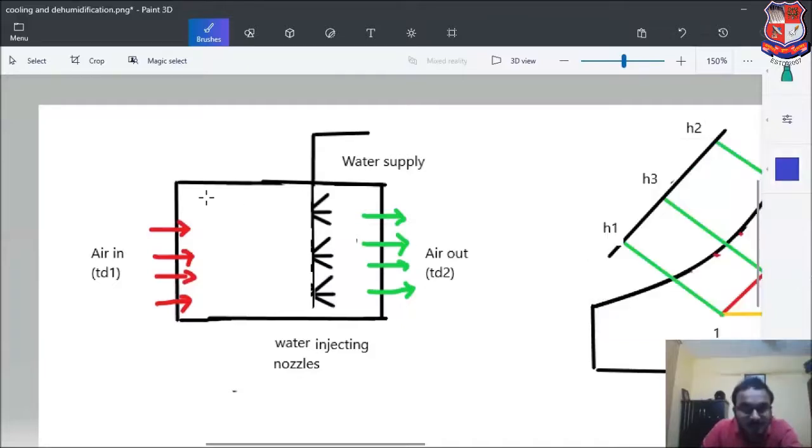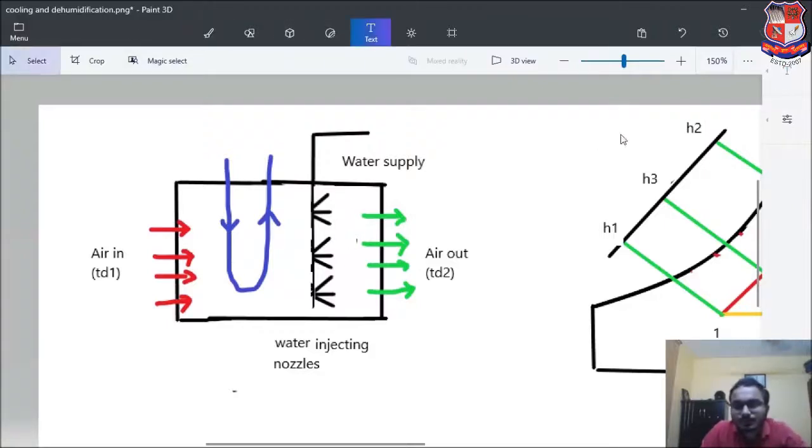Okay, and one thing which we are going to add in this is the heater, which will be added over here like this. So two things are separate now. Heating is done here and humidification will be done here. So we can write down, this portion will be humidification. Sorry, this has to be the heater. Okay, so this will be our arrangement.